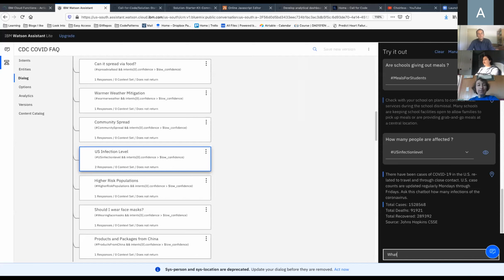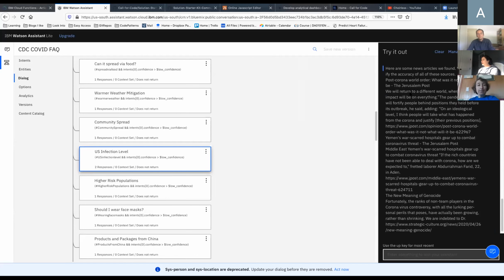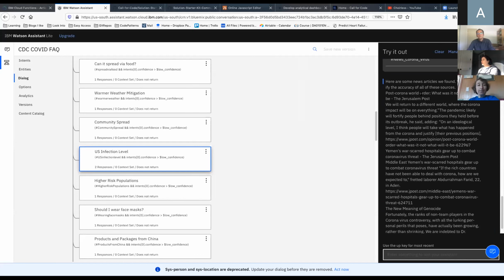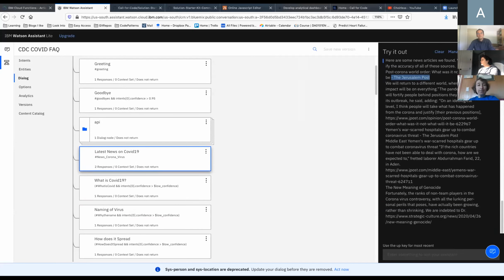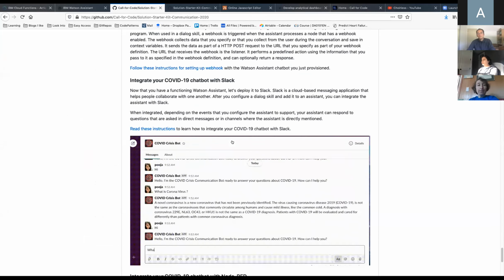So if we ask what is in the news, we can see that we get some news articles. For example, I think this one is by the Jerusalem Post, and we get some different news articles about this subject. So that's one really great thing.